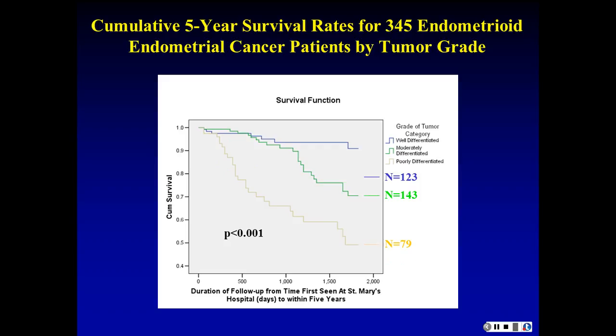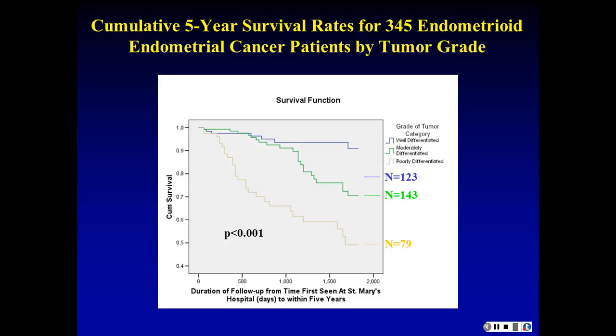We're actually comparing the tumor grades in terms of 5-year survival, and generally the thinking is that the more poorly differentiated your tumor is, the worse your prognosis is for survival. So here you have well-differentiated, biologically differentiated, poorly differentiated tumors, grades 1, 2, and 3. The cumulative 5-year survival for well-differentiated tumors is about 95%. These women actually survive very well. If you have a grade 2 tumor, your cumulative 5-year survival drops down to about 72%. And if you have a poorly differentiated grade 3 tumor, less than 50% of these women make it to